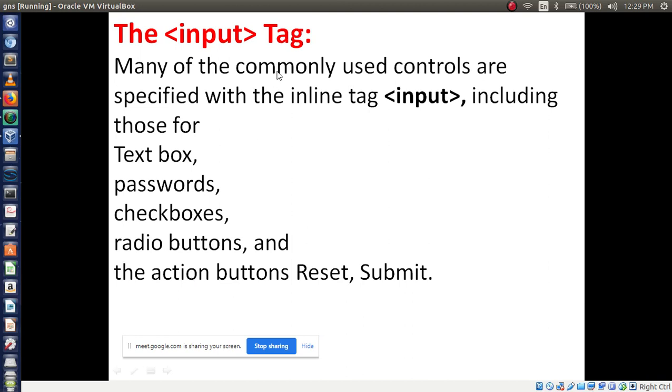These commonly used controls are specified with an inline tag, that is the input tag. Now if we use control tags, which is the first tag we should write?